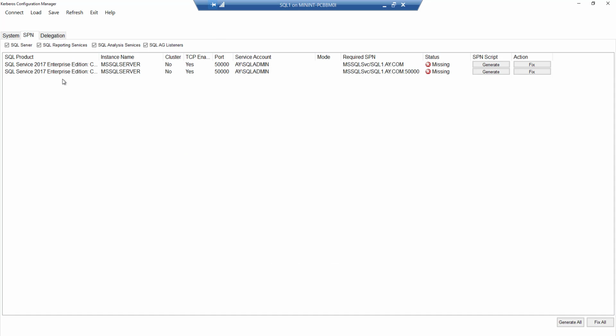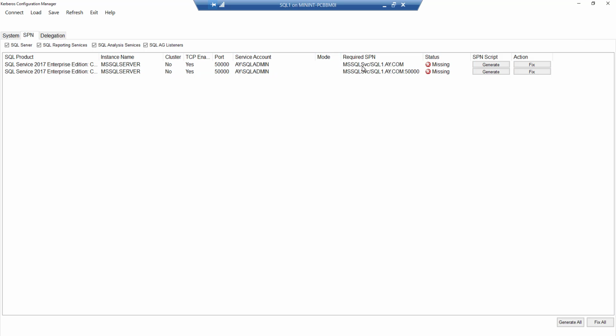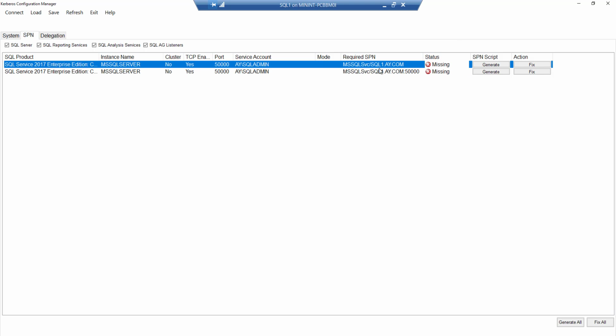It will connect automatically and show the information about the connected instance. In the SPN tab you can see the available or missing SPNs for your SQL Server. For example, this is the SQL Server service account, and this is the port, and it's showing that there are missing SPNs for that instance. For each SQL instance we need to have a minimum of two SPNs. In order to generate them, we can generate them one by one or click on Fix